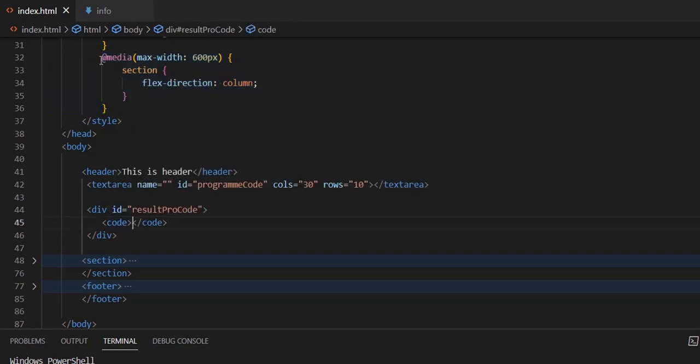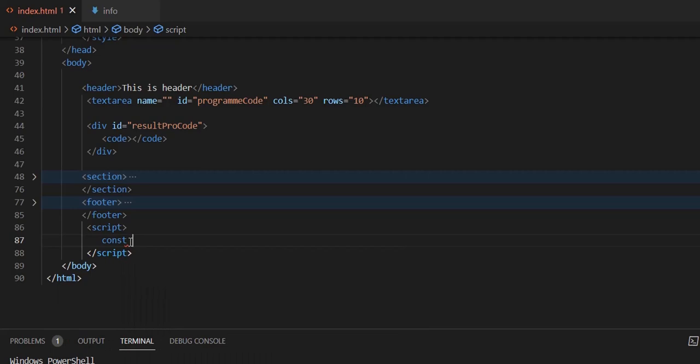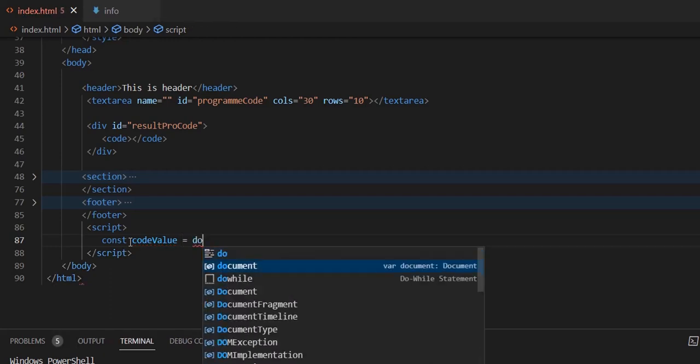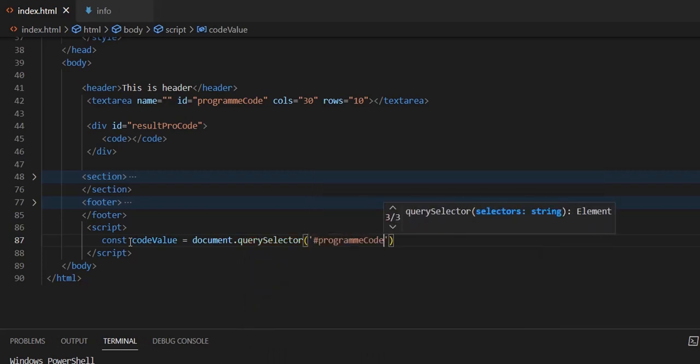It should be in the same format, whatever the curly braces, spaces, and whatever you have given, in a prettier code format. It should be reflected in the same format in the code element. So we will do it in JavaScript. Create one script tag, and inside that you can take the reference of this input value. So const code value equals